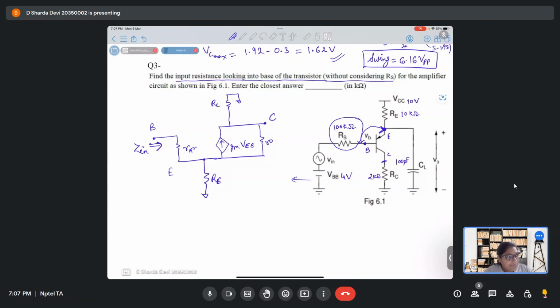So let's begin. Maybe we can solve these 2 points and we can come up with the final answer. So Zn or Rn will be, how will we write Zn? It's VB by IB, right? Zn is VB by IB, and VB by IB we can write it as